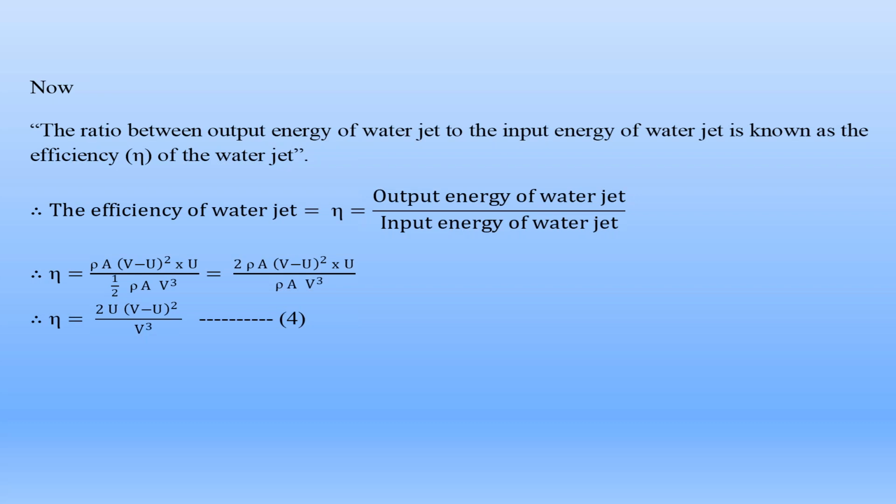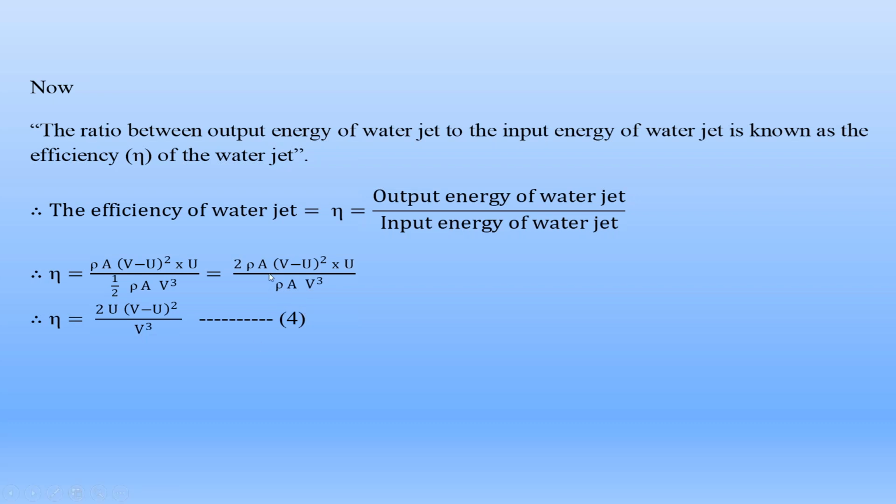Check equation 4. Equation 4 is the efficiency of the water jet, nu, that is equal to 2u into (v minus u) whole square, divided by v cube. What is u? The absolute velocity of the metal plate. What is v? The absolute velocity of the water jet. From equation 4,